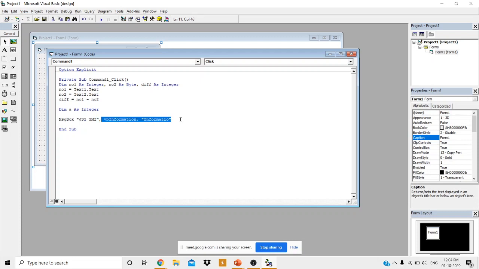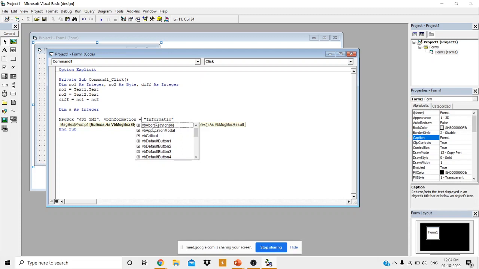These are optional. If you want to add the button here, just after this comma, instead of this comma, see here, plus button type. So I will set it to some other button. Previously I kept the Yes No button. Now I will set it to vbRetryCancel.